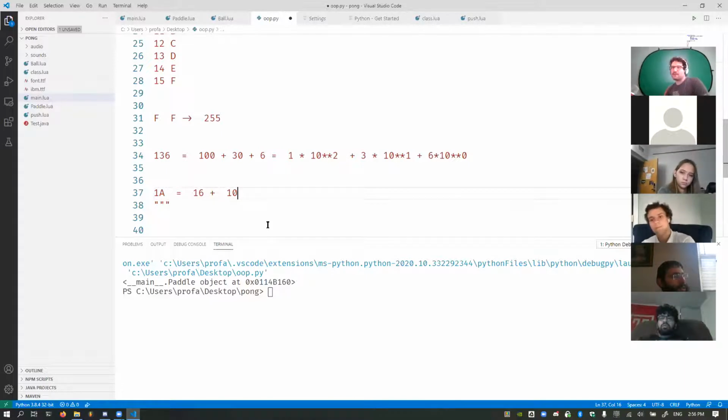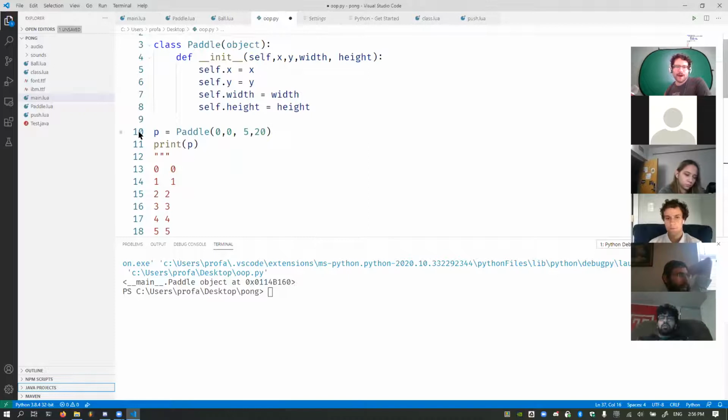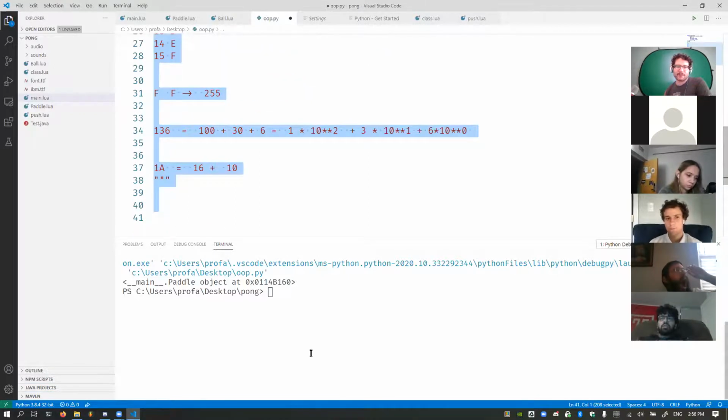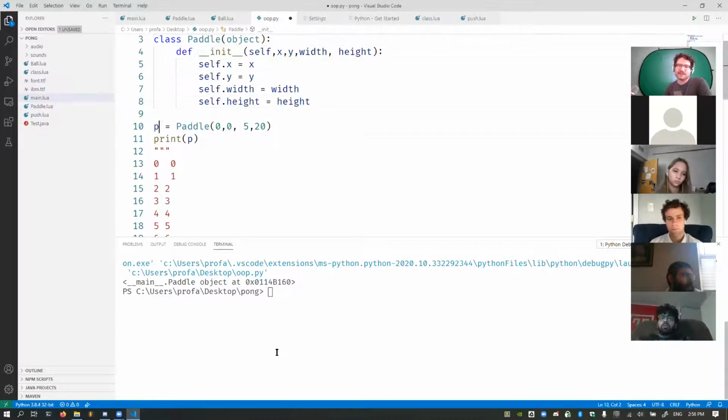So that's how you calculate these kind of base notations. Do you ever need to? No, not really. But that's how it works. And I figure I might as well mention that in intro class. So anyway, when we print it, it gives us the memory address and all this stuff over here. Completely useless information.